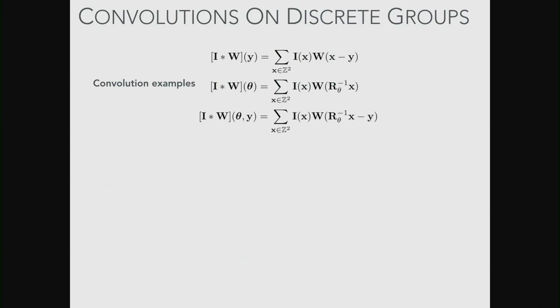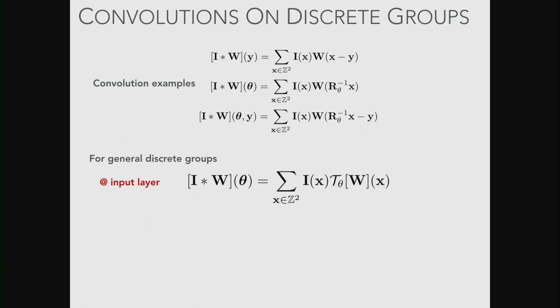And so I've given sort of 3 examples. You've got your standard convolution, your rotational convolution, and your roto-translational convolution. But they all sort of sit into this one framework, which is that if you look here, what I've done is I've changed the transformation I've applied to my kernel. And so I could rewrite that as this transformation operator, which I introduced earlier.